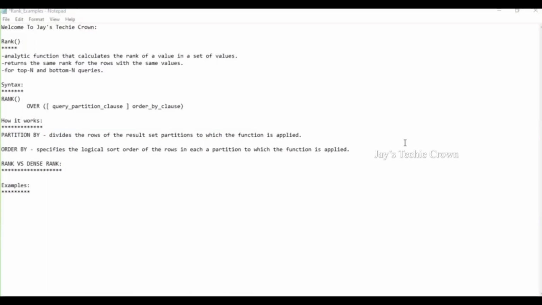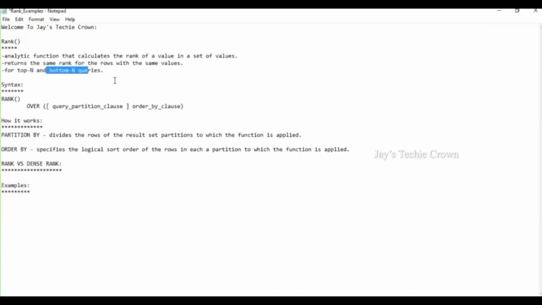Whereas in case of an analytical function, for example a rank function, if you apply rank on a set of values, for example between 1 to 10, it sorts them and gives you the rank of which one is the highest or which one is the lowest. So it operates on a set of values and gives the result as a set. And it is mainly helpful to find the top n or bottom n. So the rank function is one of the important functions that we use on a day-to-day basis.